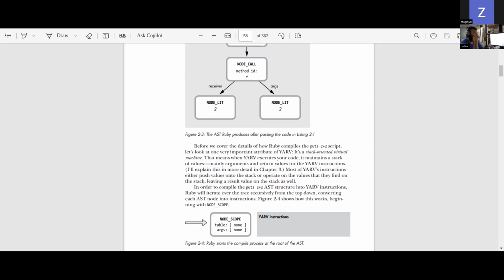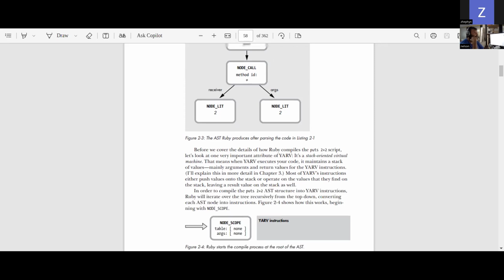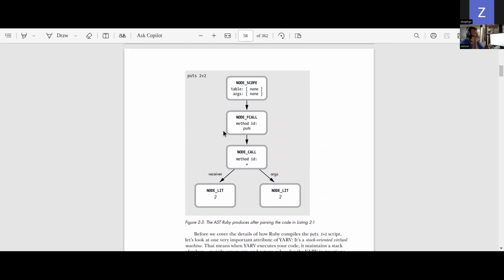After those values are pushed onto the stack, you're going to have method calls being performed on those receivers while passing in those arguments. After evaluating those method calls, you're going to have a result returned to you. That result value is also left on the stack. And that value is what will be returned to you in the end. So in the example of puts 2 plus 2, and this is something we're going to look at in the following pages,